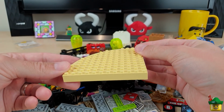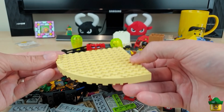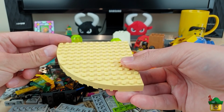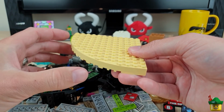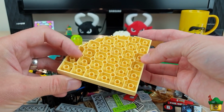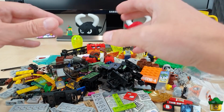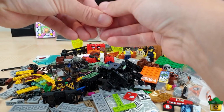A very large piece in a very horrible pale yellow colour. But I thought I could use that for structure if I ever did need to have something without a corner on. And then maybe build a cliff up against it and hide it entirely. Thought that might be useful. That's got some serious muck in it as well. And then